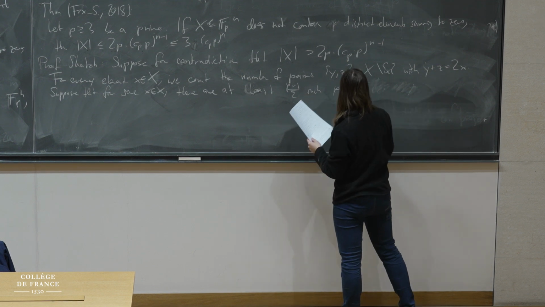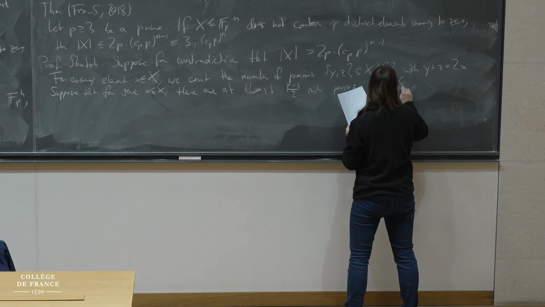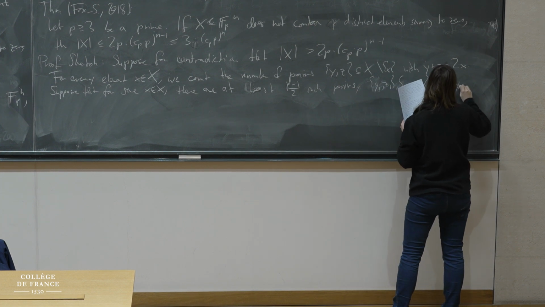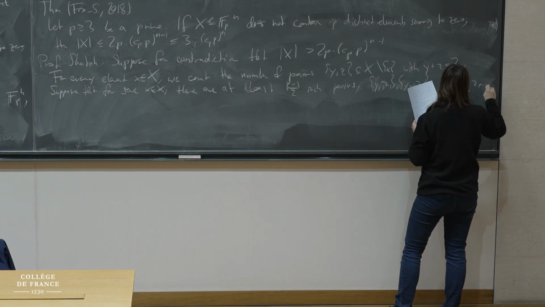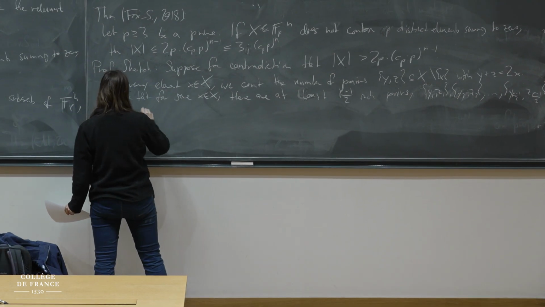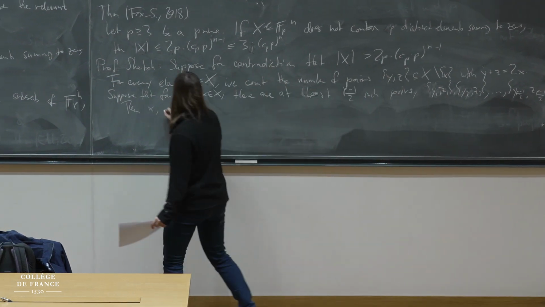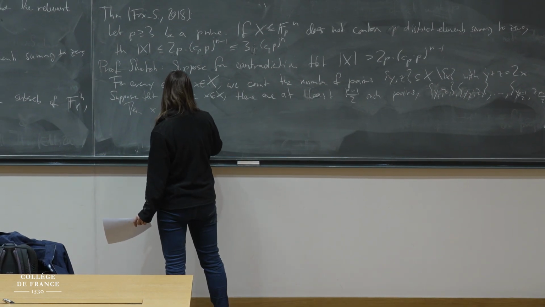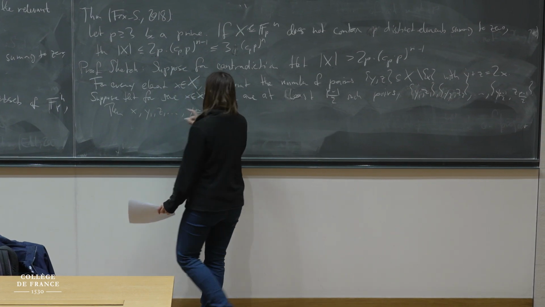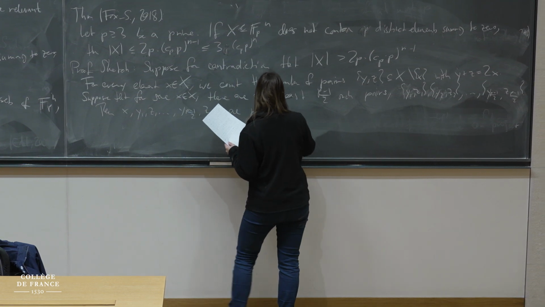Let's call them y1, z1, y2, z2, and so on to y_{(p-1)/2}, z_{(p-1)/2}. Then I claim that taking x together with all the points in those pairs, so x, y1, z1, and so on to y_{(p-1)/2}, z_{(p-1)/2}, all of these points together are p distinct points in X,